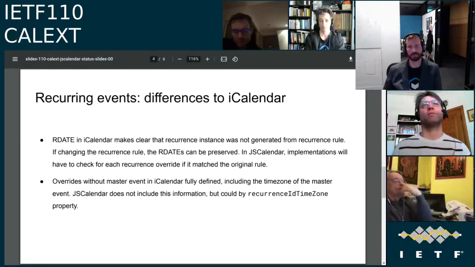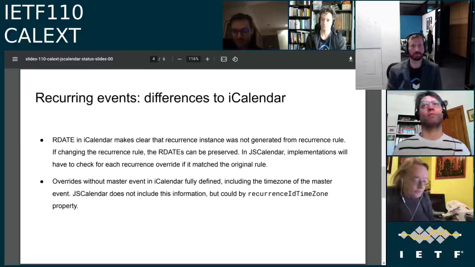Yeah, I think we could do this. I think the property should be defined in the iCalendar JS Calendar translation document, because the only time you would use it is when translating iCalendar into JS Calendar, to ensure that it can be round tripped. If you're receiving JS Calendar in the first place, then